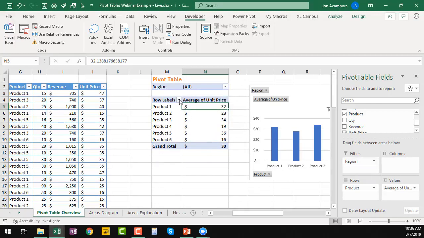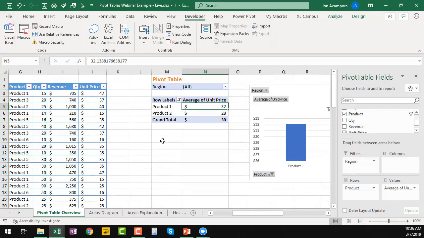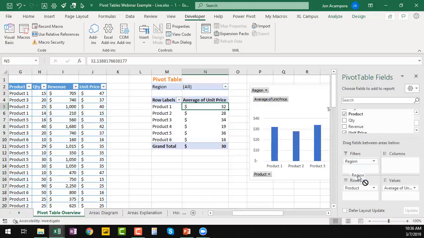But there's also a filter drop down menu here for the rows, and then you can apply a filter to the rows. So if you just want to see products 1 and 2 here, you can do that as well. And the other thing too with that is if you have multiple fields in the rows area,